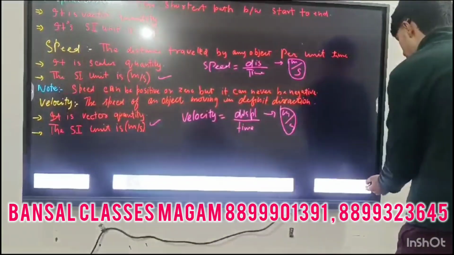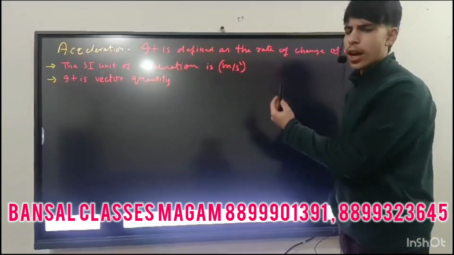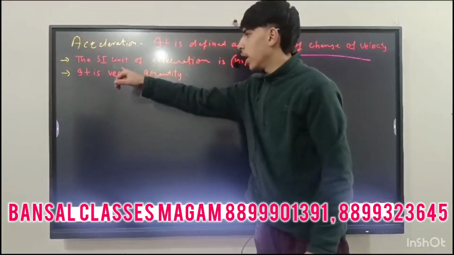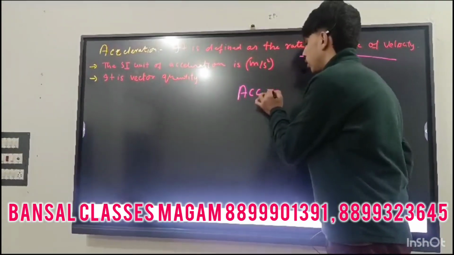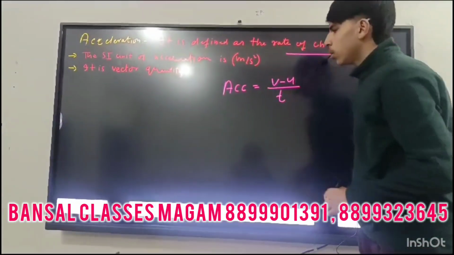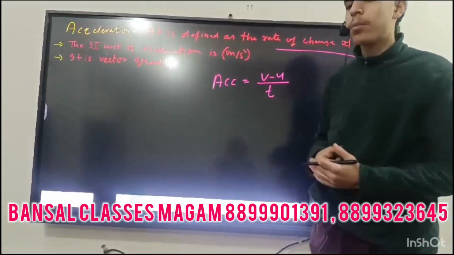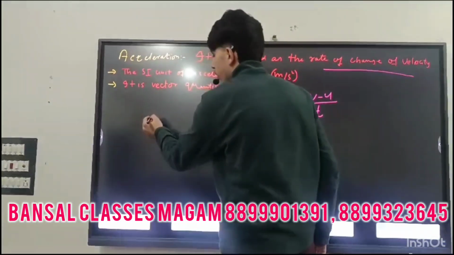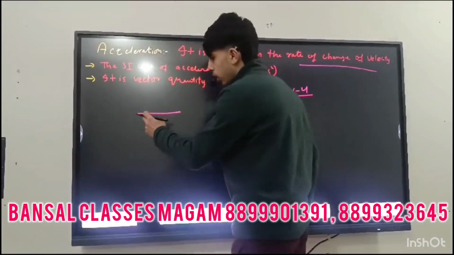This is acceleration. Acceleration can be defined as the rate of change of velocity. It is a vector quantity, and we can write acceleration is equal to V minus U by T. Oh, you may be a bit confused about how this happened. I can prove it mathematically. Basically, it's the rate of change of motion. So what should the rate of change of motion be? This U